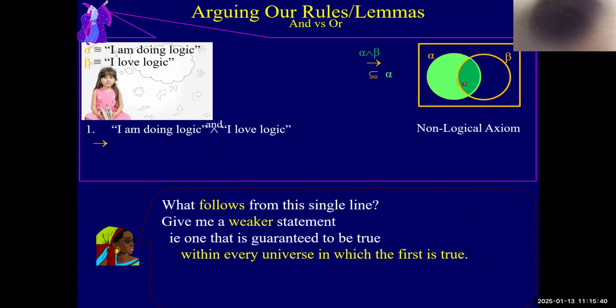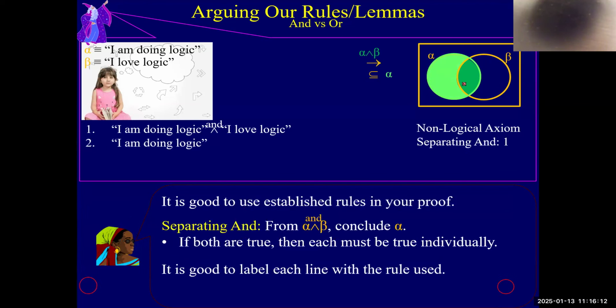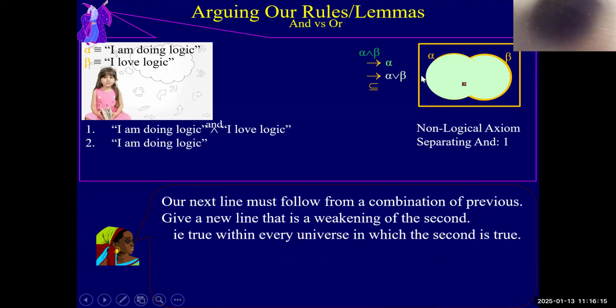Why is it a weakening? Because our space gets bigger. Here I'm saying my universe is one of these, right? I got a lot of information. My universe is one of these. And when I go down to the next line, I'm forgetting that it's one of these, and I'm expanding to saying it's one of these, right? It's a weakening because I have less information about the universe, right? And then I can expand further and say it's one of these. The universe is one of these. So here, right, we bring in the or, right? Everybody,